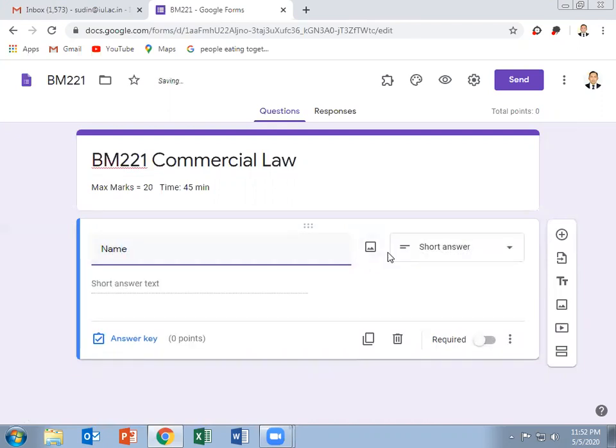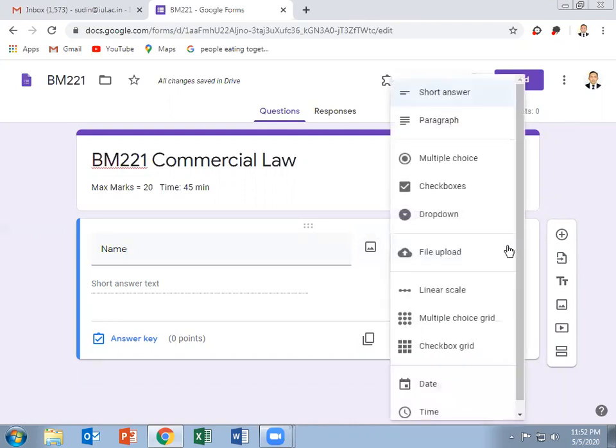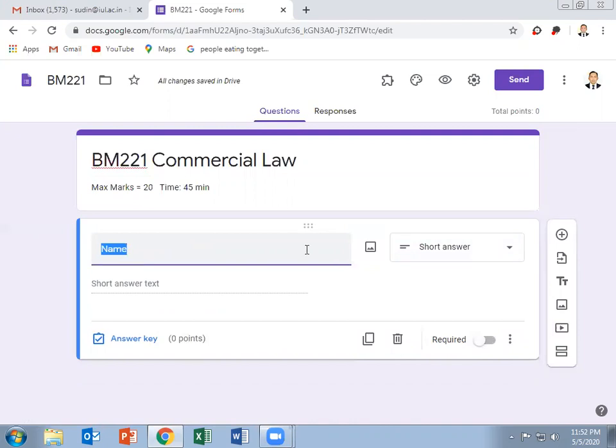The computer will automatically tell that the answer should be a short one, short answer. In this, we can give a paragraph or multiple choice, checkbox, drop down, file upload, and the further options are given. We want the name of the student in a short form, and this question is mandatory.